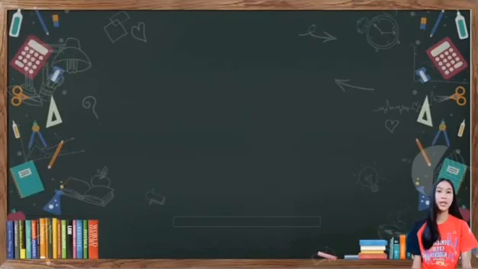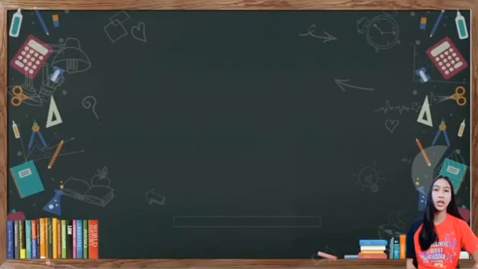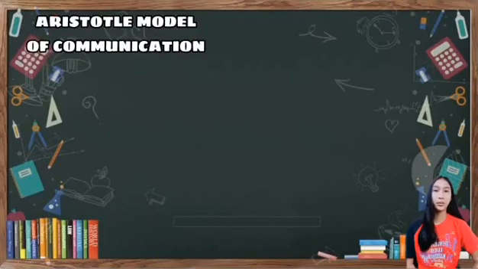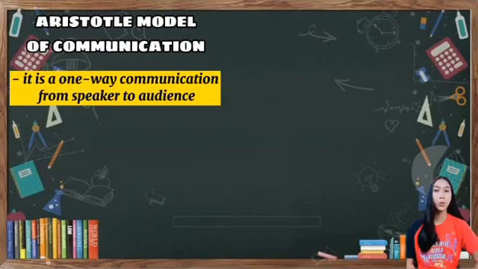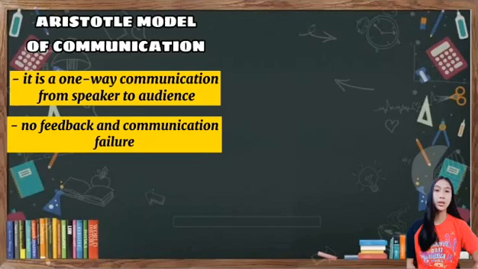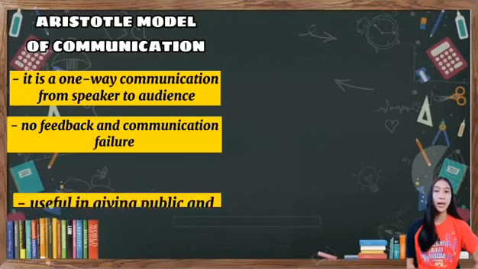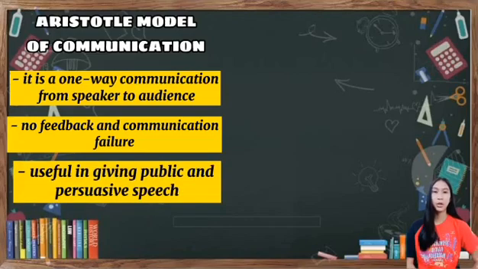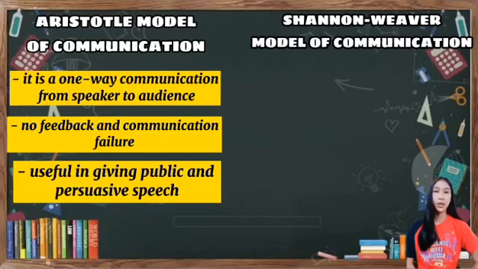As we have seen, there are numerous differences between the two models of communication. The Aristotle model of communication is a one-way communication from speaker to audience. There is no such thing as feedback, and there is no such thing as communication failure, such as noise. This model is only useful when giving a public or persuasive speech, while the Shannon-Weaver model of communication is not